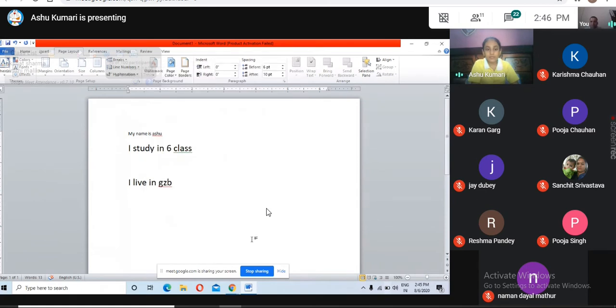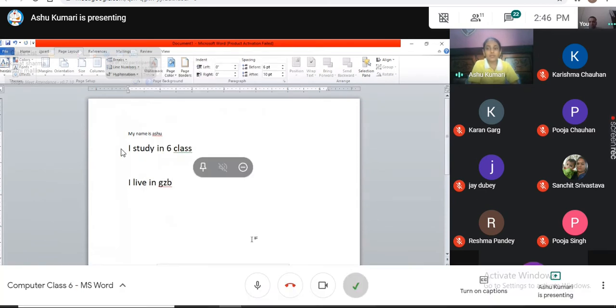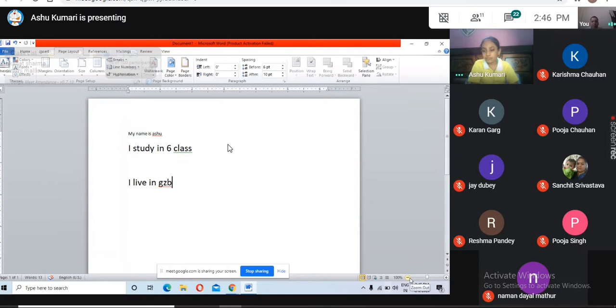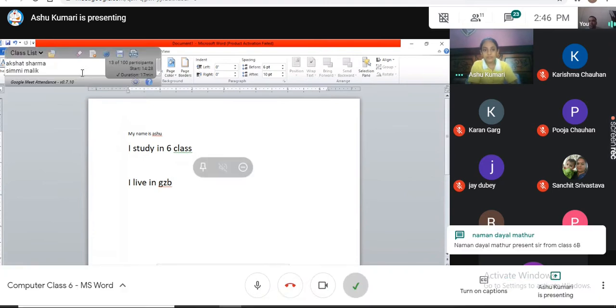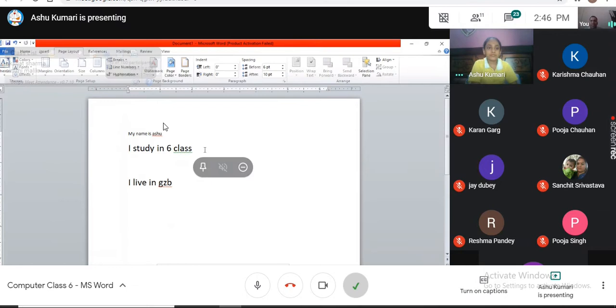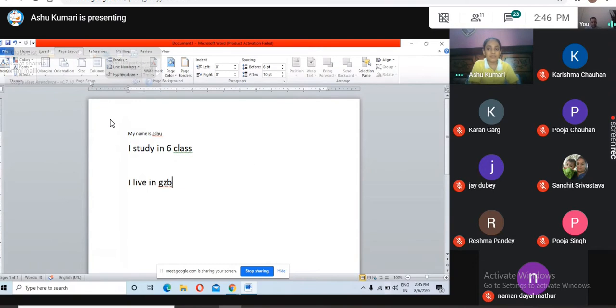Any question about that? No, sir. If a question comes in the exam about where we can find the page margin, we have the answer: go to the page layout, there is the page setup option, and there we find the margins, and using the margins we can change the page margins.